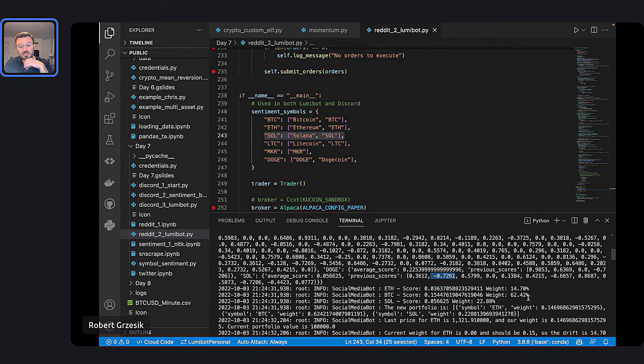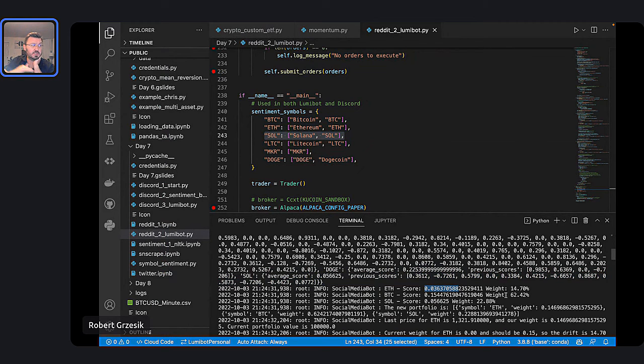Once it creates this average score, you could use that to do a lot of things, right? You could check how this is trending over time. You'd see, is Bitcoin trending up or down? Is Ethereum trending up or down? I could tell you just anecdotally, this is a lot lower than it was 2 weeks ago when I was doing this. So Ethereum is definitely trending down in terms of sentiment.